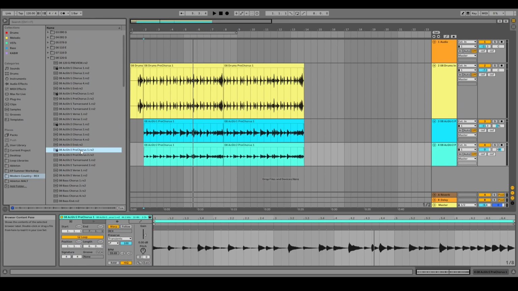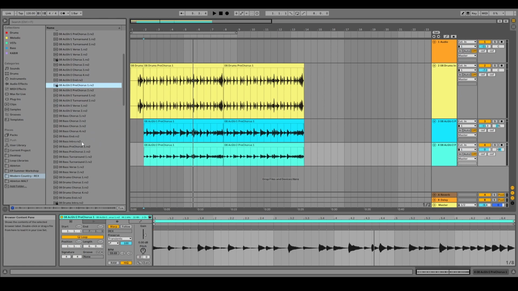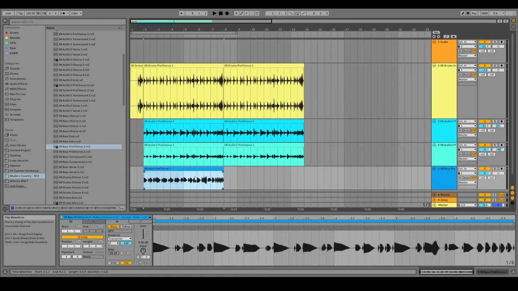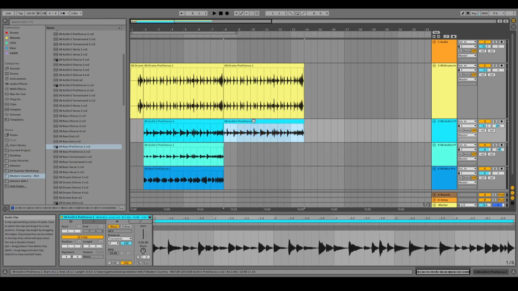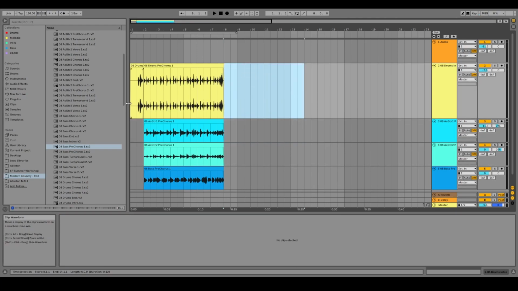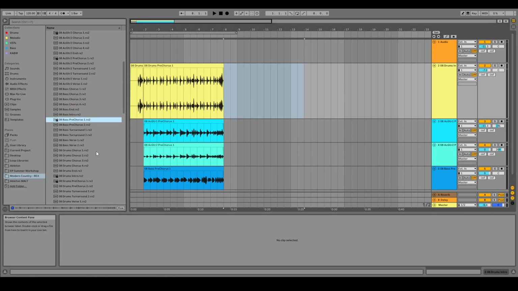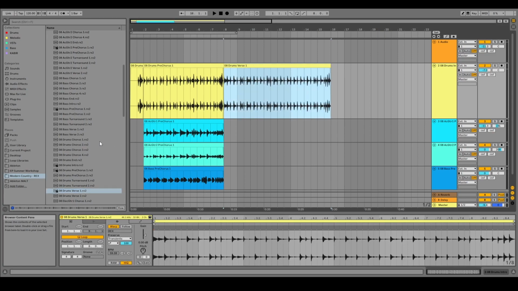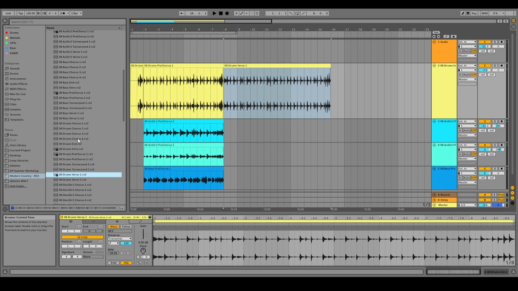So let's look for our drums. Let's add some bass first. And we're going to add some bass to the pre-chorus. And I'm going to shorten this pre-chorus section, and then I'm going to try to find drums for a verse. Okay. And then we can start building up our other parts for this. So we have our